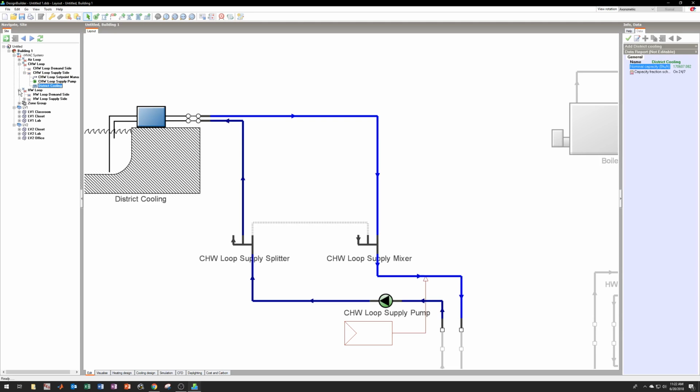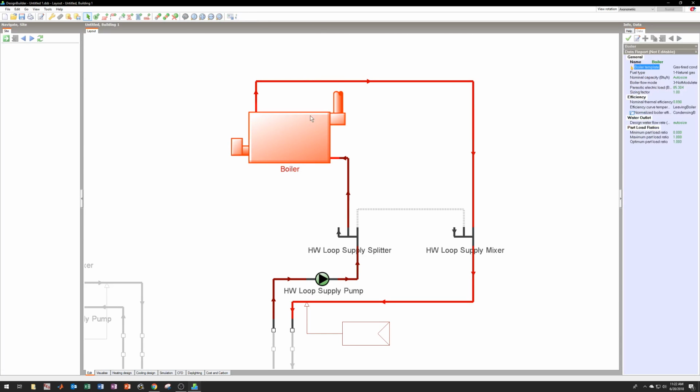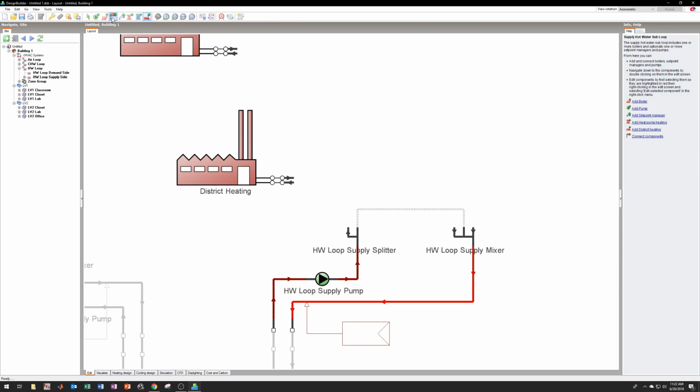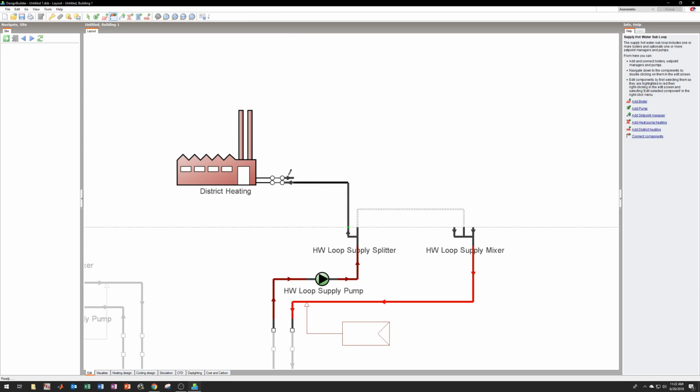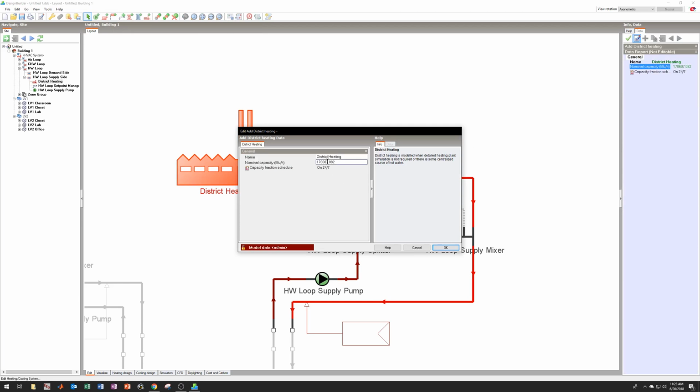So we're going to do the same thing for the hot water loop. We're going to go to hot water loop supply side, delete the boiler, and add district heating. Well, you don't have to do this. If you have a boiler and you have a chiller on your building, you can use that. But I'm considering most buildings on Georgia Tech campus use the district heating and district cooling supply, so we're going to do it this way. And again, we're going to do the same thing by adding